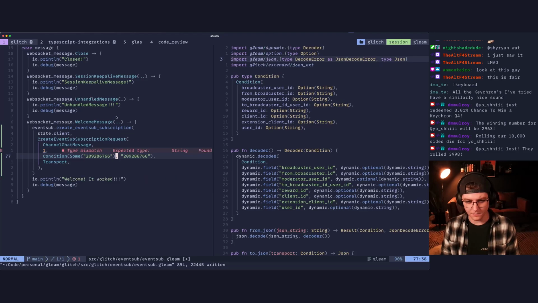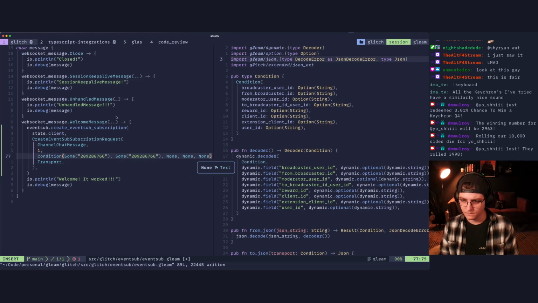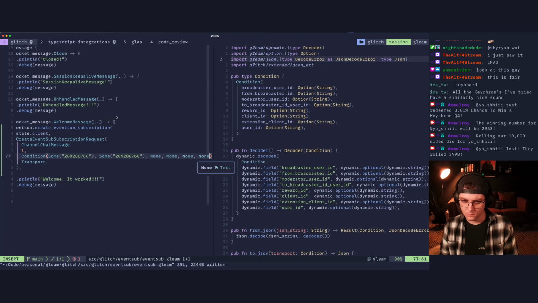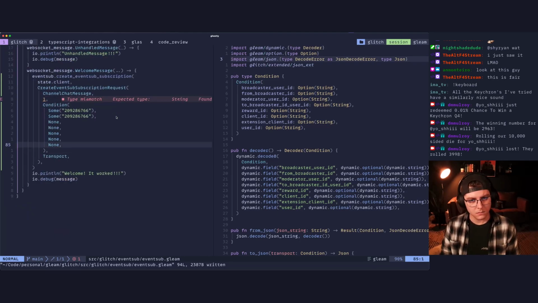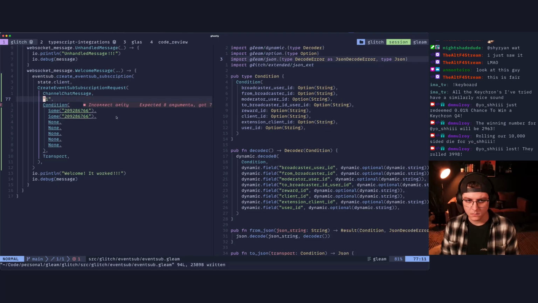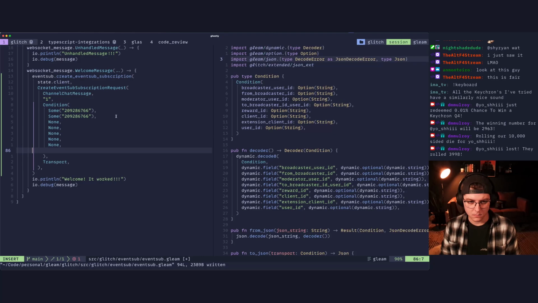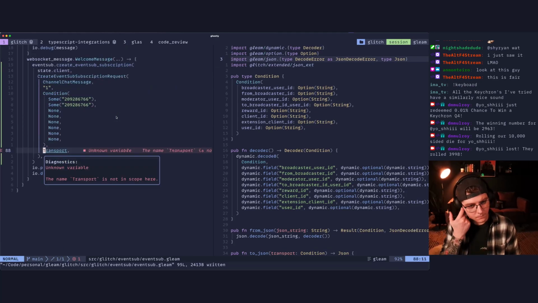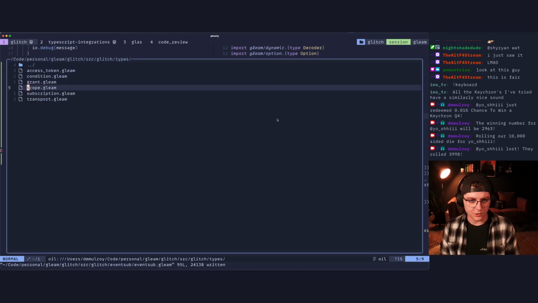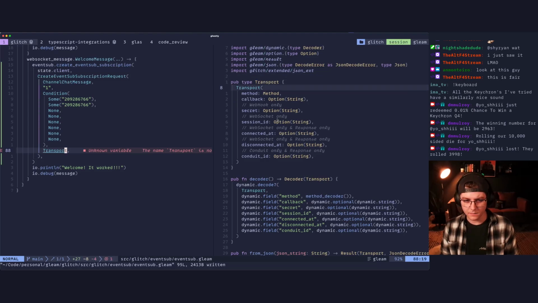I should really make a constructor function for this. All right, finally we need to bring in the transport. So this is gonna have